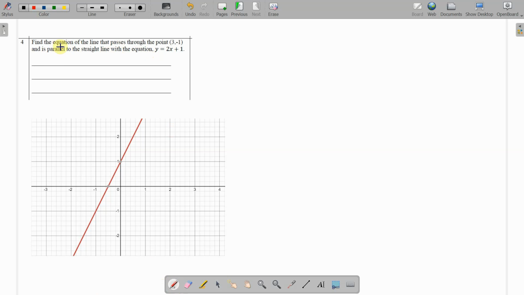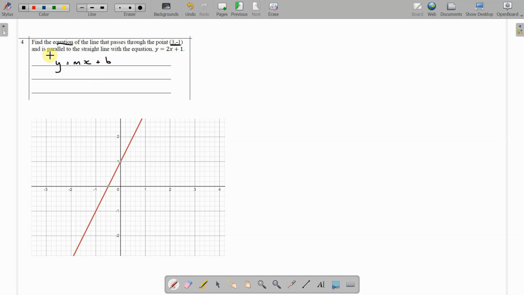Okay, we're going to find the equation of a line, so it's going to be something in this form. And it's going to be passing through a point (3, -1) and parallel to the straight line with that equation. So there's a lot to take in. So we're looking for an equation that passes through that point,